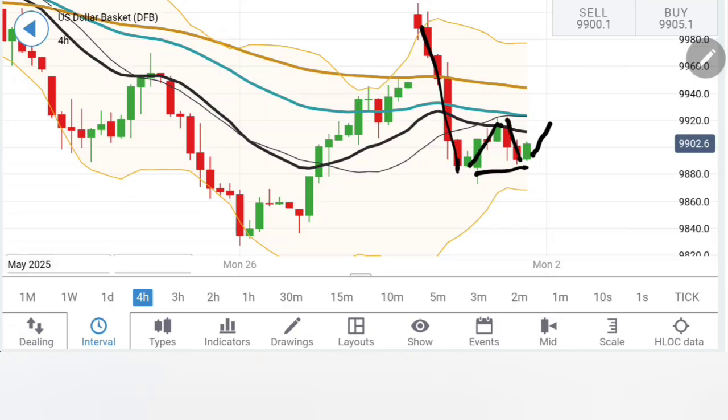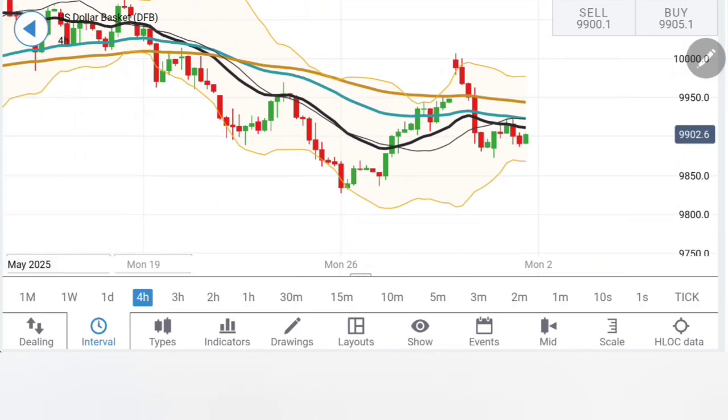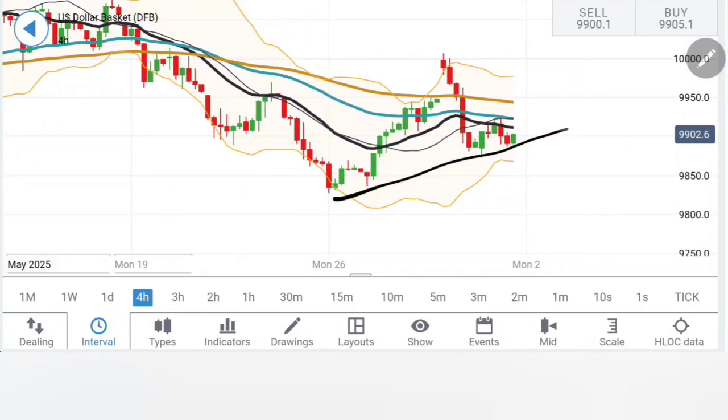So it has started to look upwards. There are critical milestones needed to be breached here on the upside. First at around 99.4, 99.5, this is the first zone, or I'll say 99.4, 99.6, then 100. If these two levels are taken, this is a possible beginning of an uptrend here where the prices might move